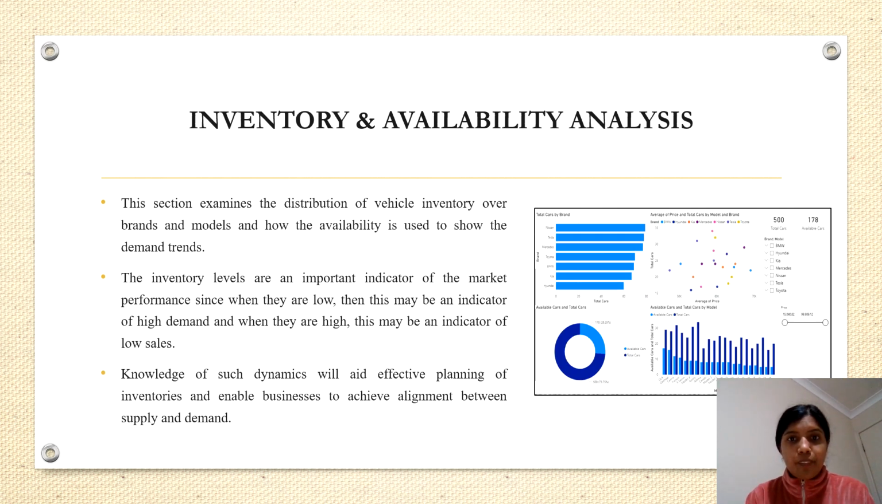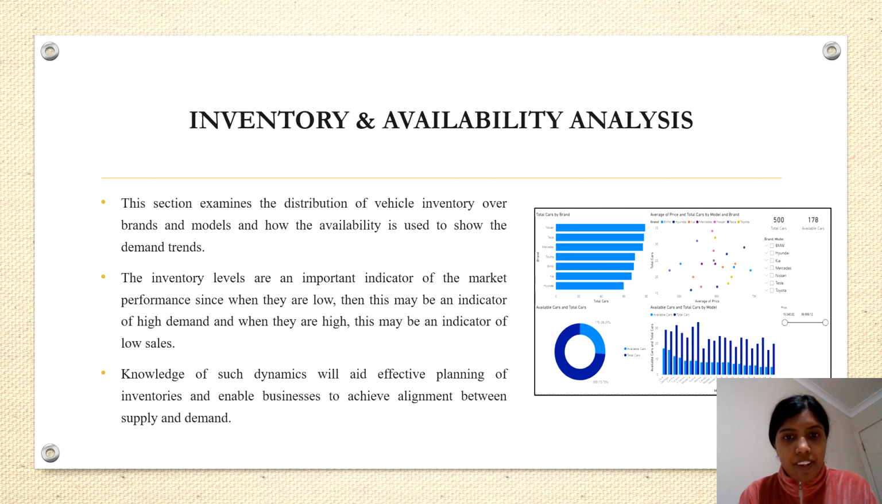This section examines the distribution of vehicle inventory over brands and models and how the availability is used to show the demand strengths. The inventory levels are an important indicator of market performance, since when they are low, this may be an indicator of high demand, and when they are high, this may be an indicator of low sales. Knowledge of such dynamics will aid effective planning of inventories and enable businesses to achieve alignment between supply and